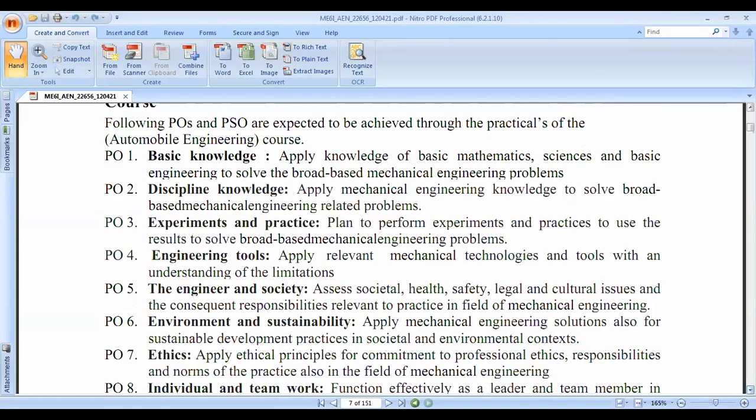Okay, so there is some program outcomes and some program specific outcome from the